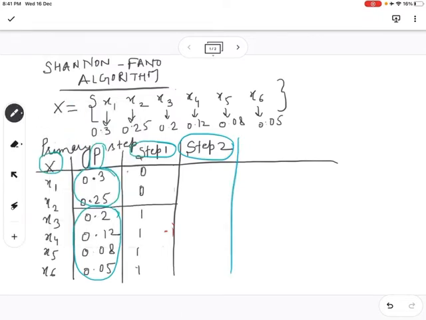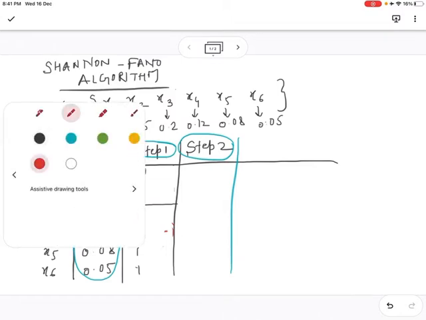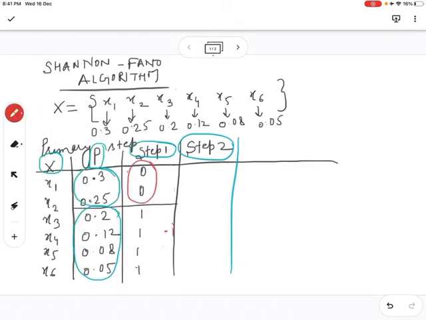Now again, this is one group and this is another group. So now we have to divide this group also into 2 portions and this group into 2 parts. Here we have only 2 options, one is this and another one is this, so we don't have any other option. So I'm going to assign 0 here and 1 here. This is complete. But now here we have 4 probabilities and we have to divide these 4 probabilities into 2 portions. So how are we going to divide?